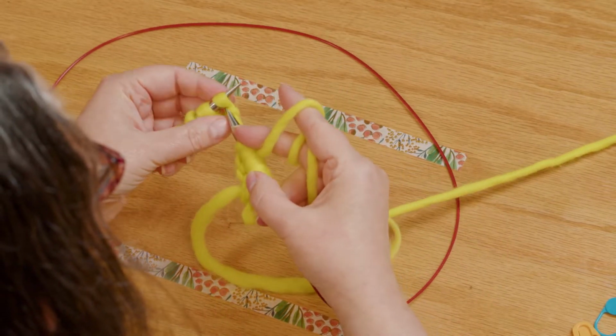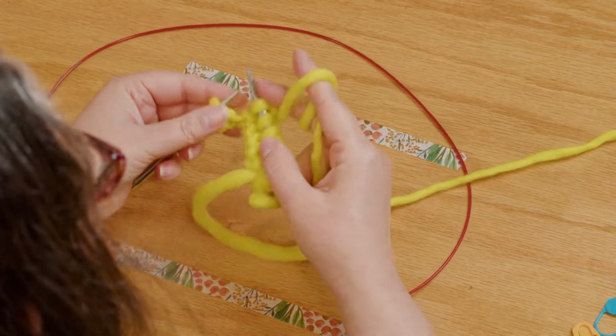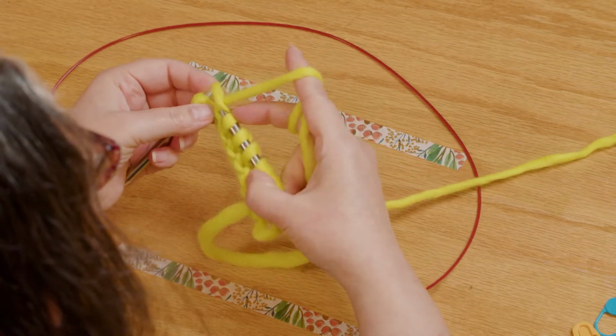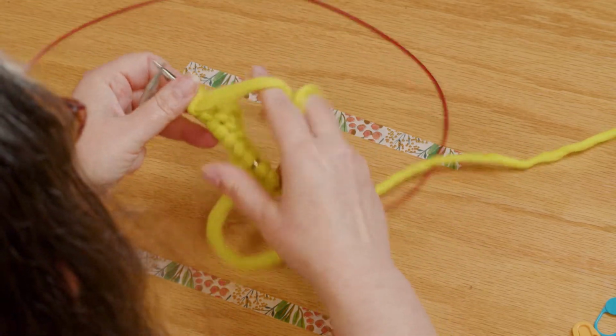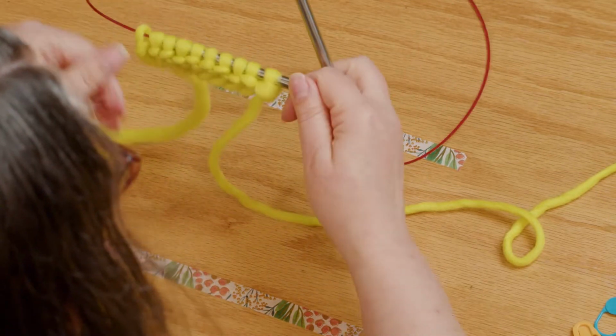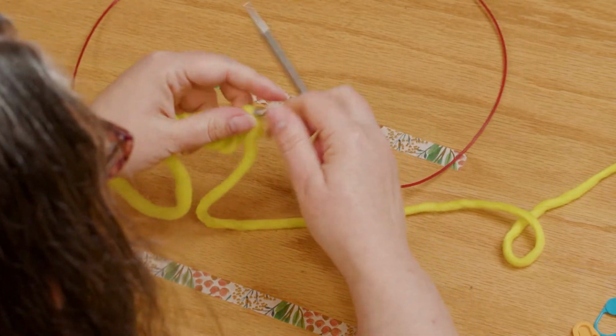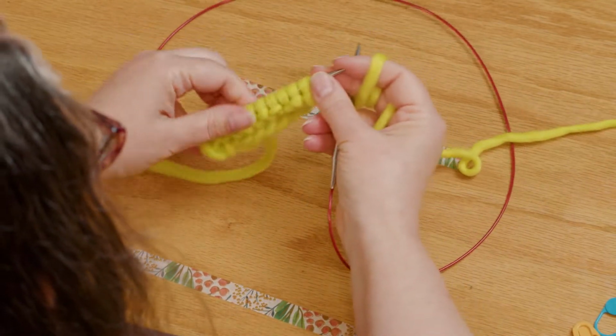Also, because this is the wrong side of your work, this row. This project is all in garter stitch, so there are no purls until we get to the lace section. So 95% of this project is just knit stitches, which is great. We love a good garter stitch project. Okay, row 2,